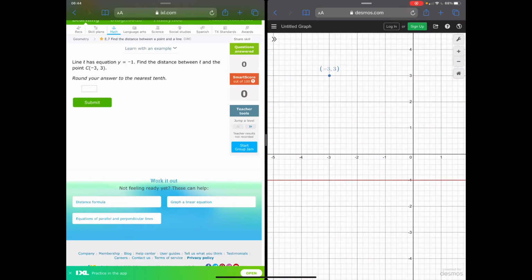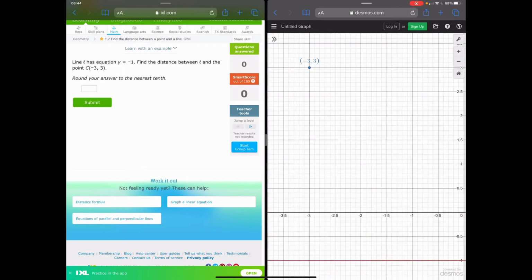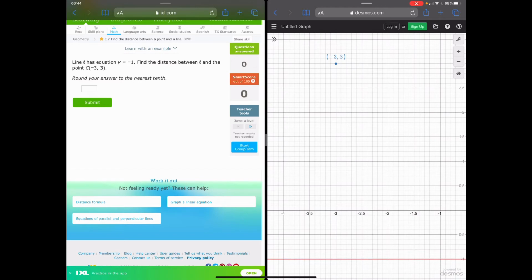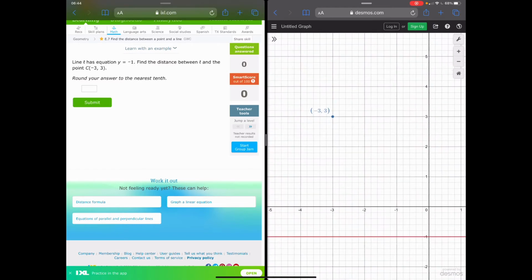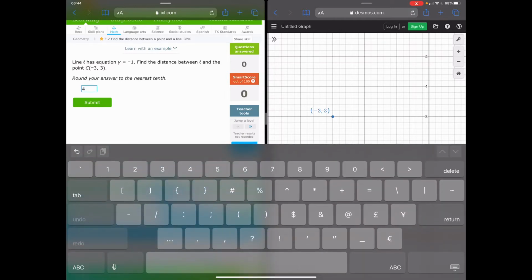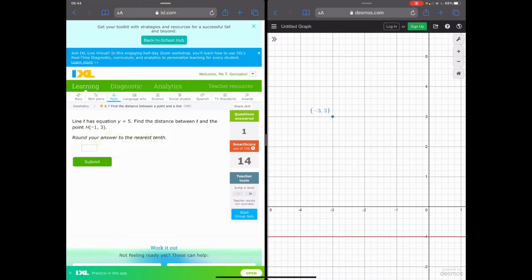All you're doing is counting the spaces between the red line and the blue point. Make sure everyone can see that. The red line is at -1 and the point is at -3. So we're going to count the y spaces. I go 1, 2, 3, 4. My answer is going to be 4. The reason why it's not -4 is because when we count, distance is always positive. Okay, so the next one,